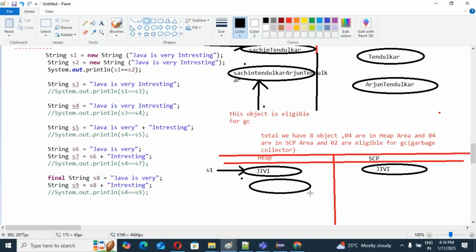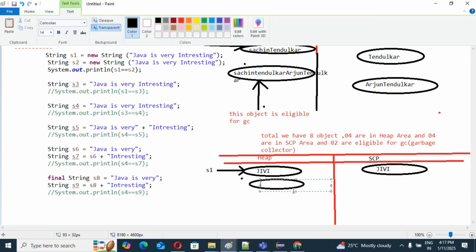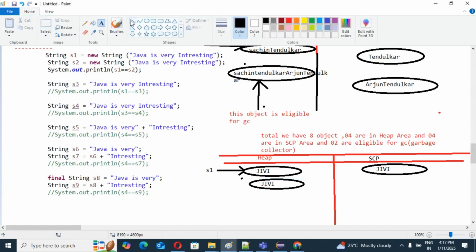So guys, see, I am going to create one object in our heap area, the same object, Java is very interesting. But this object is going to point to what? Tell me guys.